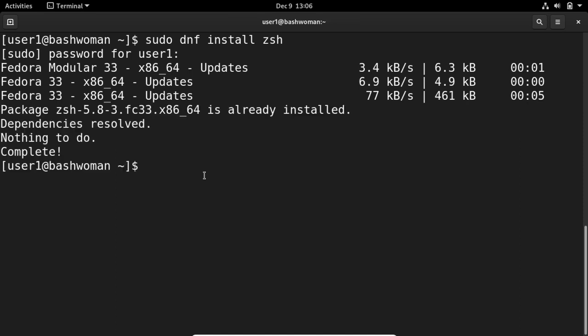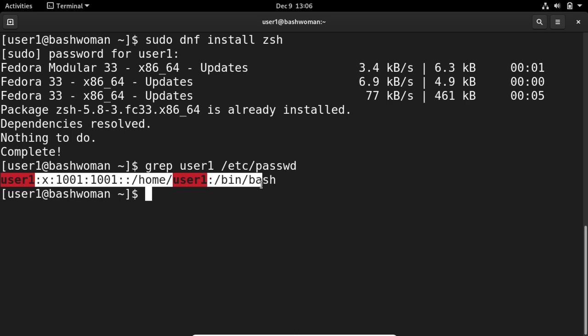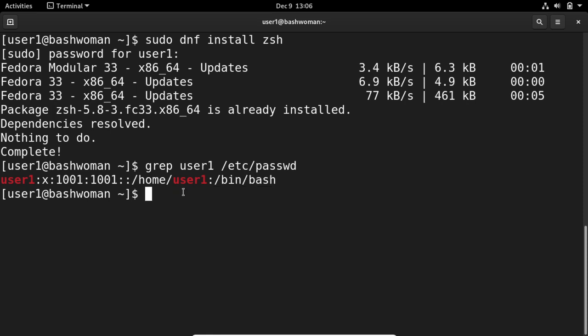So the next thing we have to do is change the default shell. If I check what my default shell is for this user, the username is user1, and you can replace it with your username, and just type cat /etc/passwd, and you will see that the shell that user1 has by default is the bash shell.